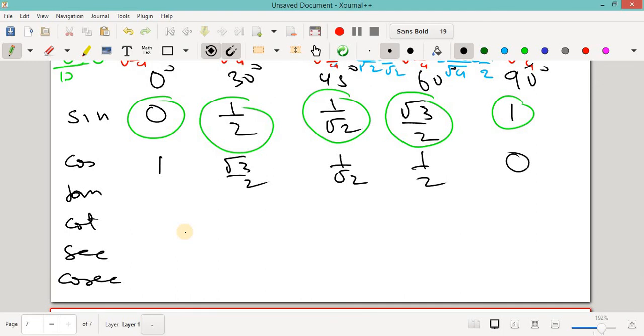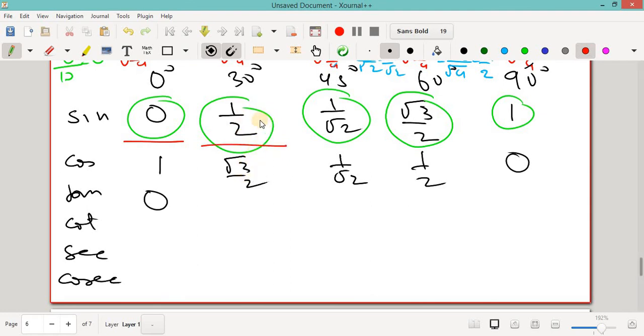Now students, we will do this in rough, this we are doing for ourselves, and you do it in your copy. Once you do, you will be able to understand the formula without having to memorize it by heart. Now let us do it in rough. What is 0 by 1? Tan theta is sine theta by cos theta. So 0 by 1, I told you right now at the top, 0 by 1. If 0 is there, the outcome will be 0 only. So the outcome will be 0. Clear?